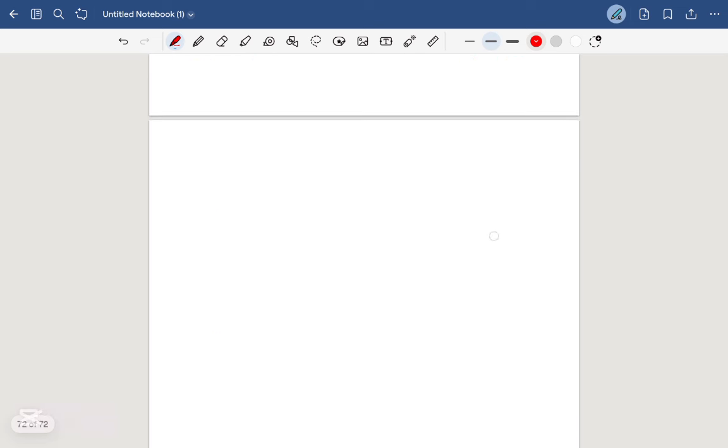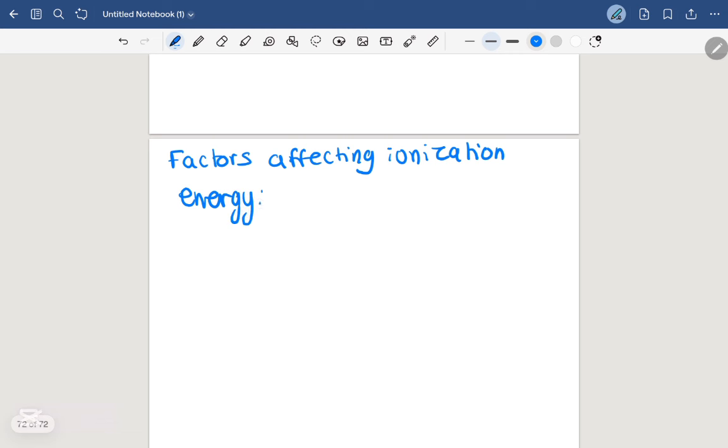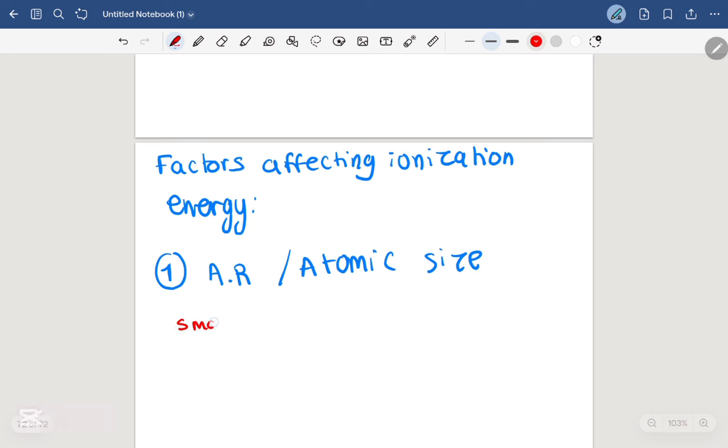Let's move on to a new part, the factors affecting ionization energy. So what are the factors that affect ionization energy? We start with the very first factor, which is the atomic radius or atomic size. Both mean the same thing. So usually smaller atoms, or atoms that have a smaller atomic radius, so let's write smaller atoms usually have electrons